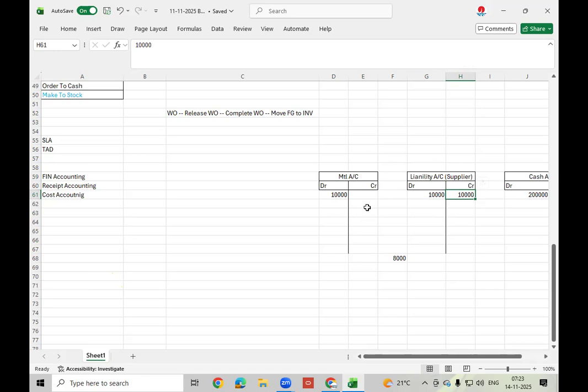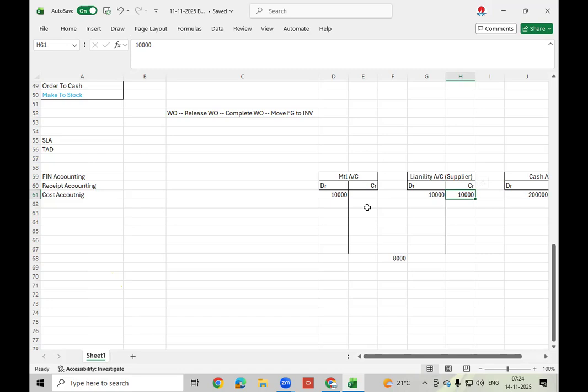in that particular module. So suppose now I created a purchase order, that PO sent to supplier. Supplier supplied stock. I received stock into my inventory. Now receipt accounting entry and cost accounting entry will generate.